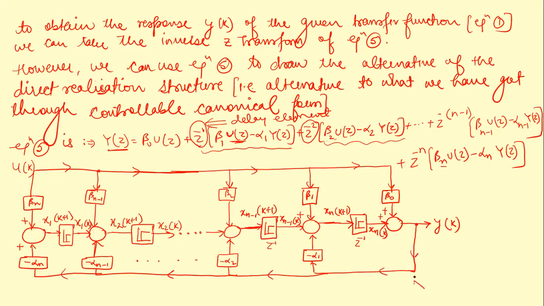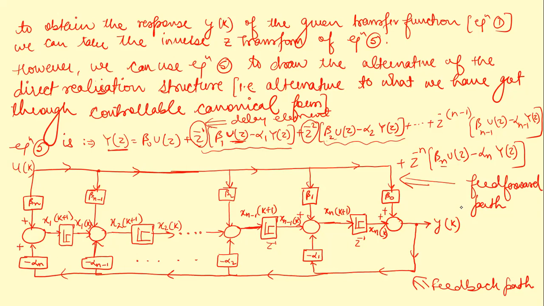So this is the feedback path, and this is the feed forward path, right? This is the feed forward path, right? So from this diagram we can easily obtain the state equation and output equation of the given